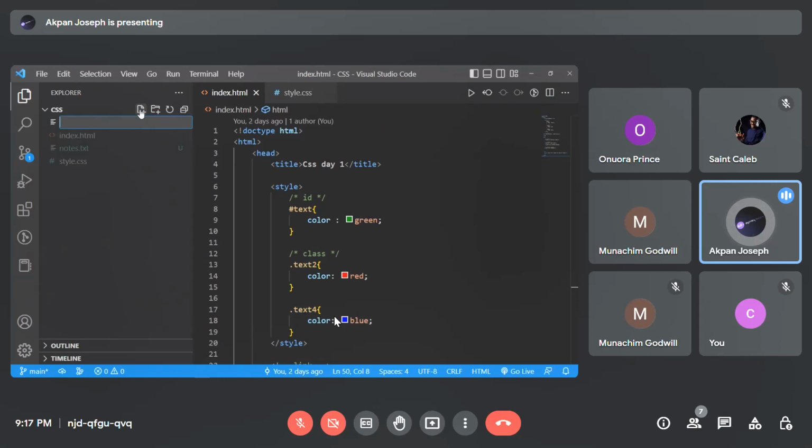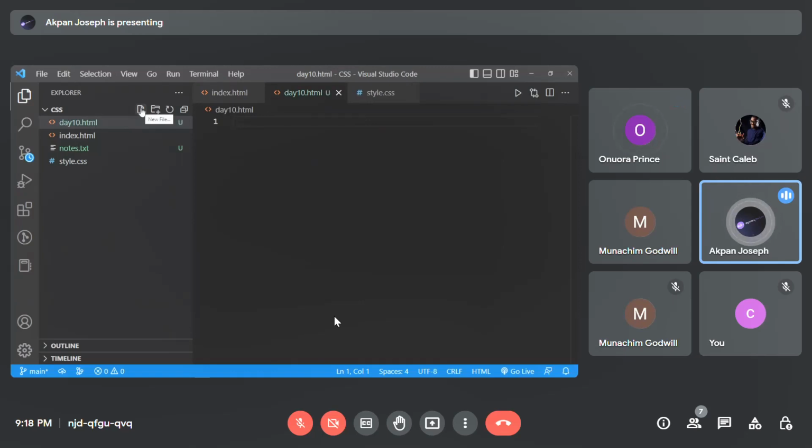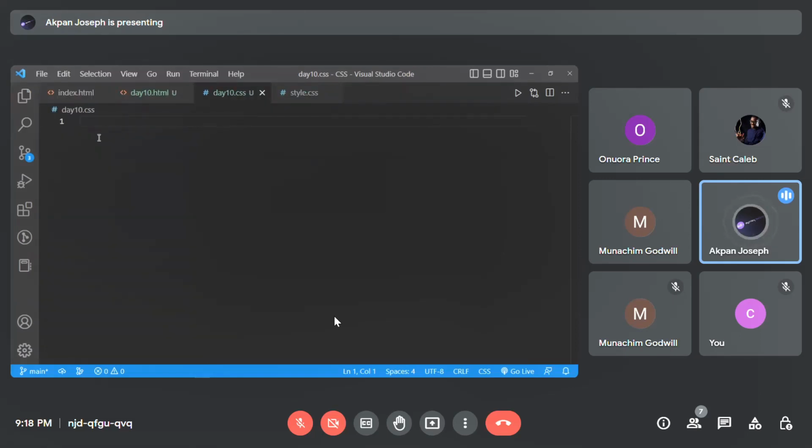Abi, is it the 10 already? This should be around the 10.html. Then we're going to be having a style file, the 10.css, to go with the 10.html. So let's have our normal